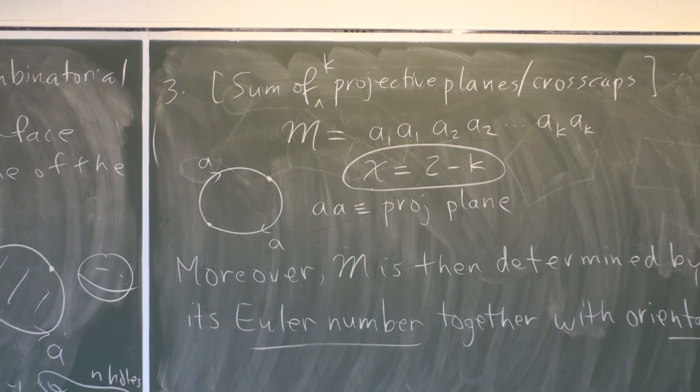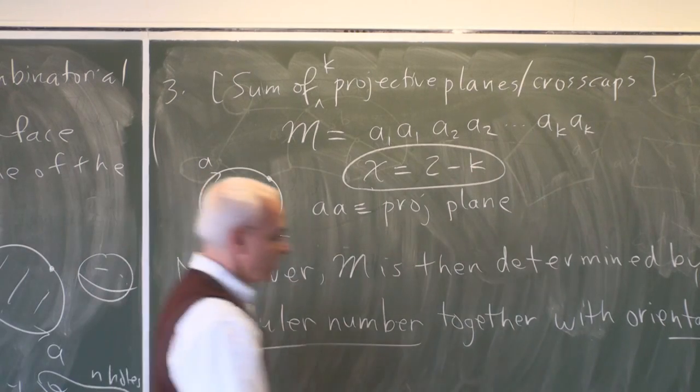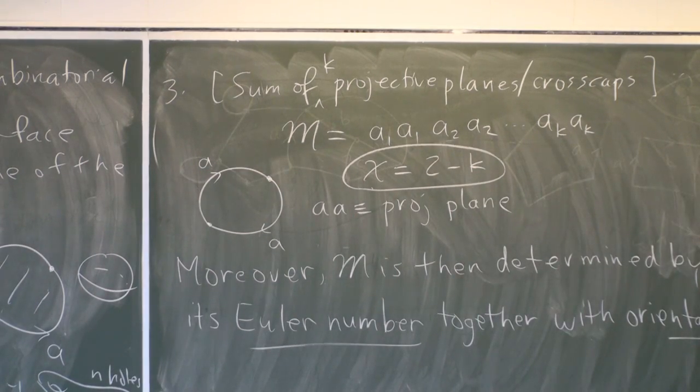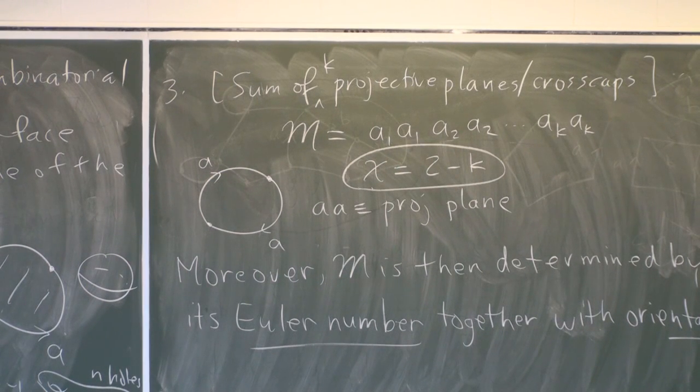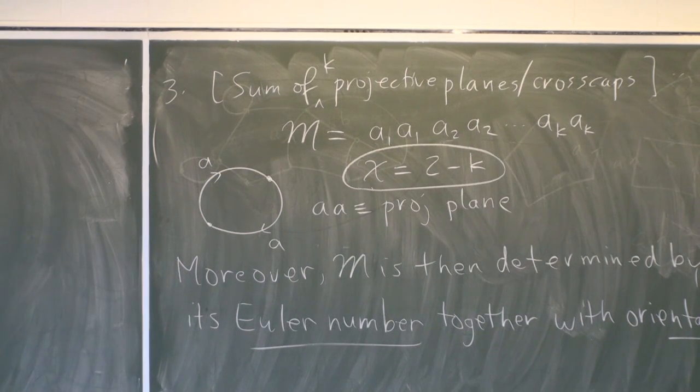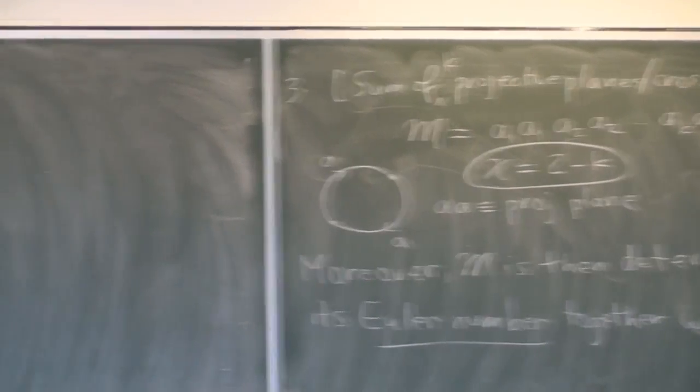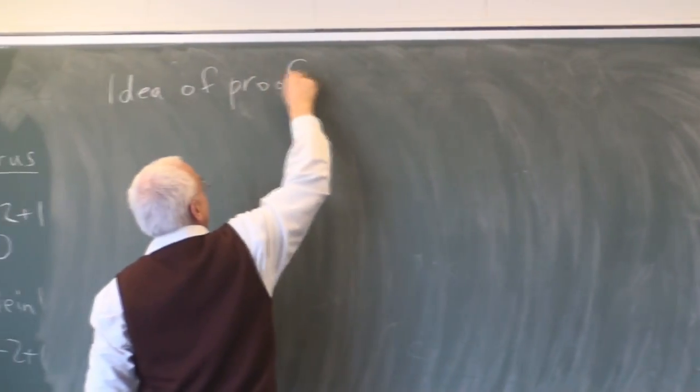Okay, so I'm going to give you a traditional proof, and then we're going to have a look at another proof a little bit later. All right, so we'll look at the details of the proof in the next lecture, but let me just give you the idea of the proof first, or the outline, so we know where we're going to go.